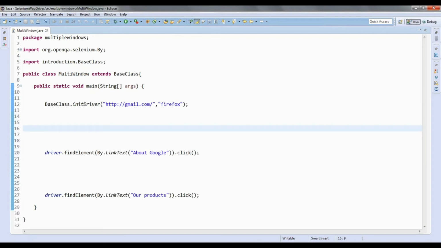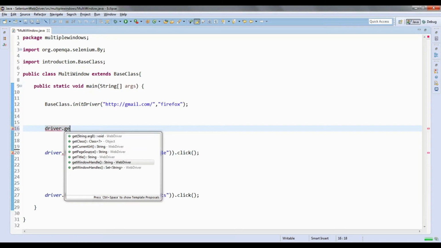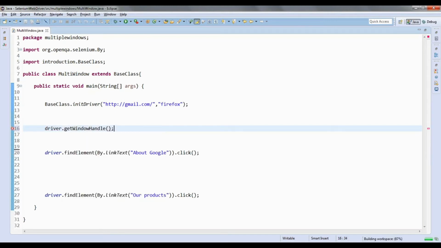I have a method, driver.getWindowHandle. There are two methods, getWindowHandle and getWindowHandles. Let us consider the first method first.